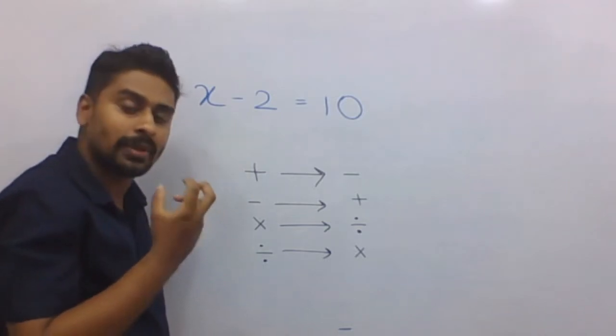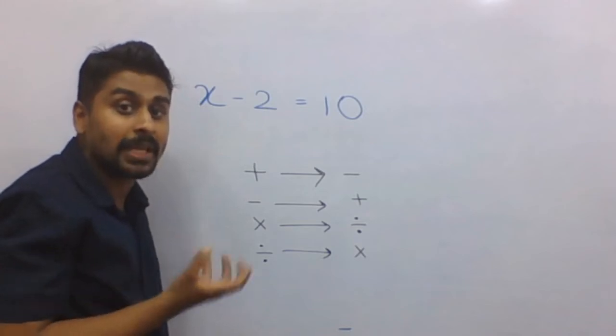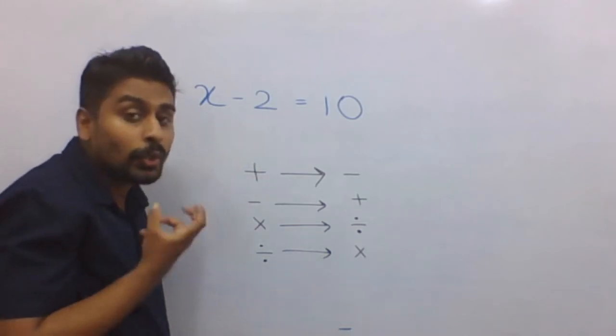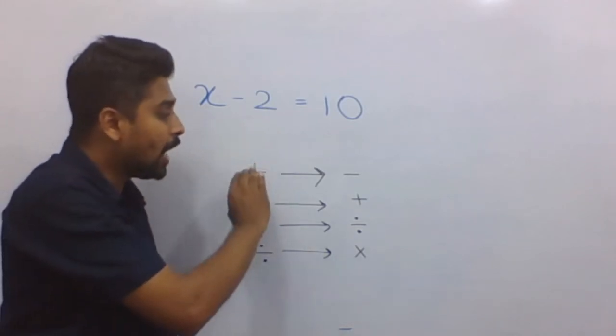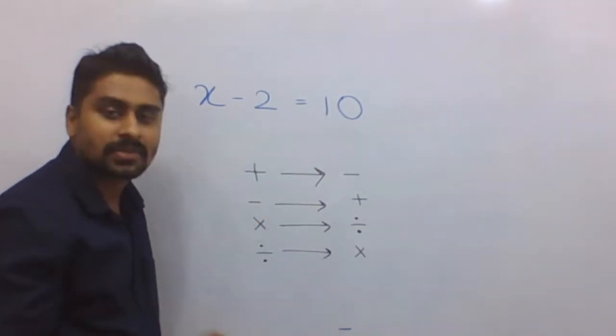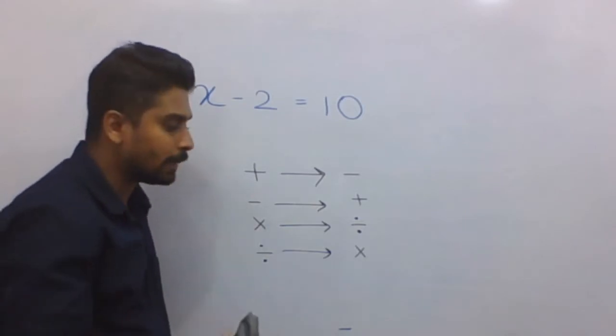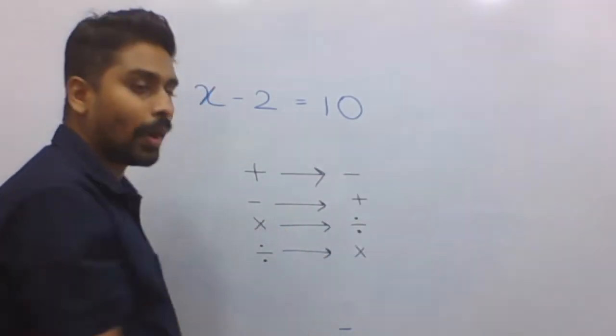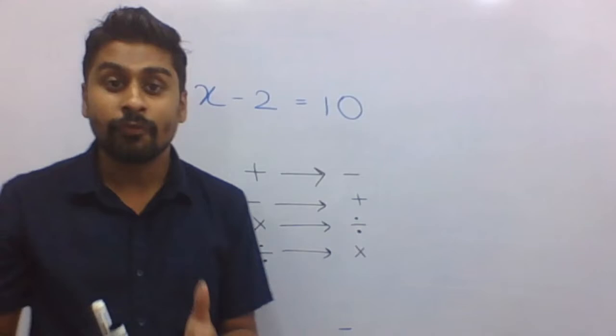Some students, I know that they can understand this one because they know this point. Others, those who don't know this point, listen to me carefully. We have to put plus 2 to both sides. And again you can put a star right after this one. Then you can write, if you